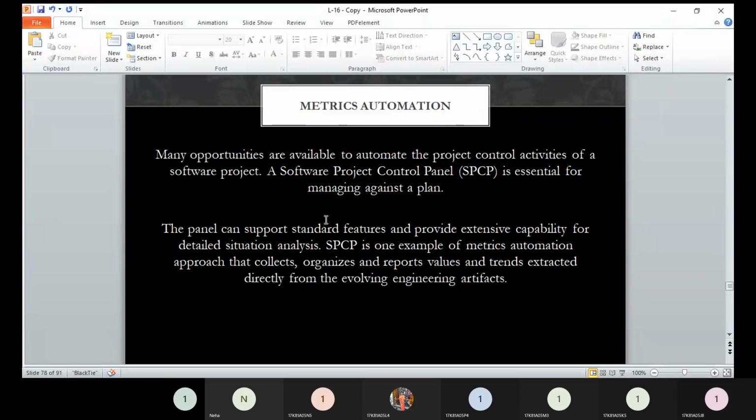This SPCP is basically a dashboard which will represent the complete situation of the project. For managing against the plan, it maintains an online version of the status of the artifacts. The concept was recommended by the Airlie Software Council, and it is also called a dashboard, as I told you. So these are the things you have to remember.